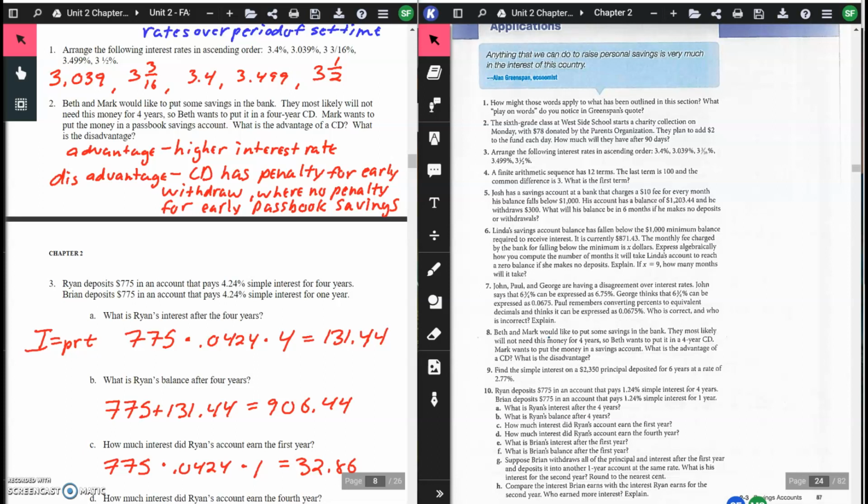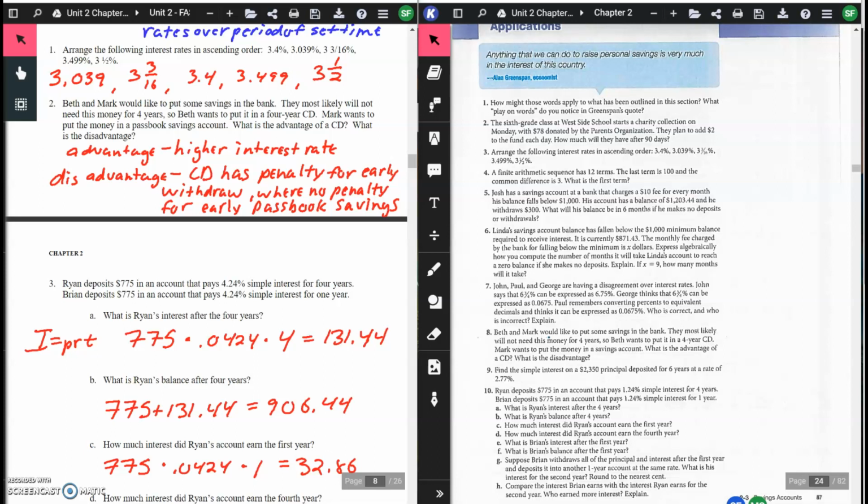Beth and Mark would like to put some savings in the bank. They most likely will not need this money for 4 years, so Beth wants to put in a 4-year CD. Mark wants to put the money in a passbook savings account. What's the advantage of a CD? What's the disadvantage? The advantage is you get a higher interest rate in a CD or certificate of deposit versus